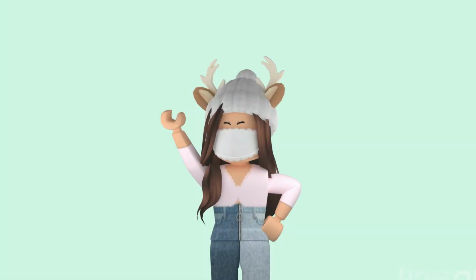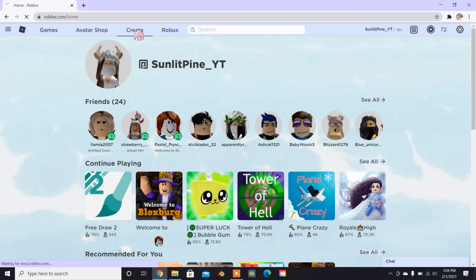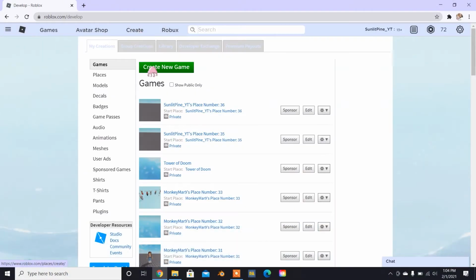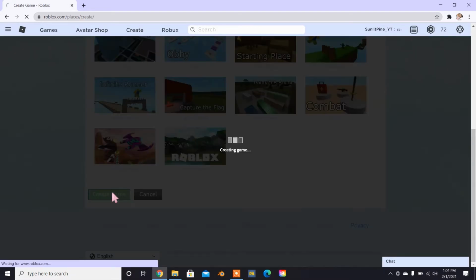So before we start, you're going to want to download both the rig and Blender 2.9. All the links will be in the description, so if you click the links and then press download, they should download. The first thing you're going to want to do is go up to Create New Game, select Baseplate, and Create Game,